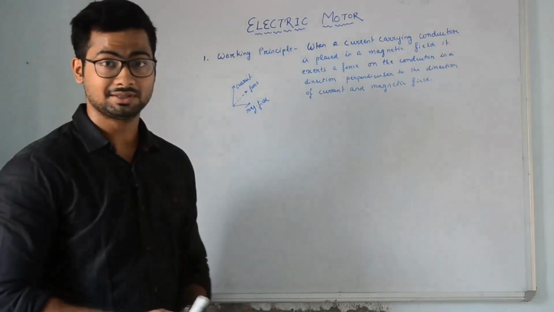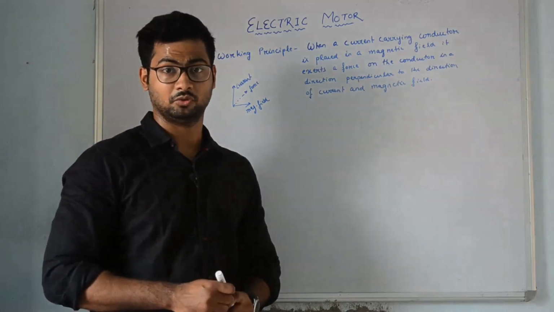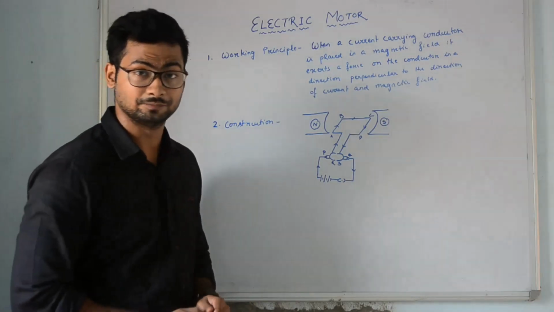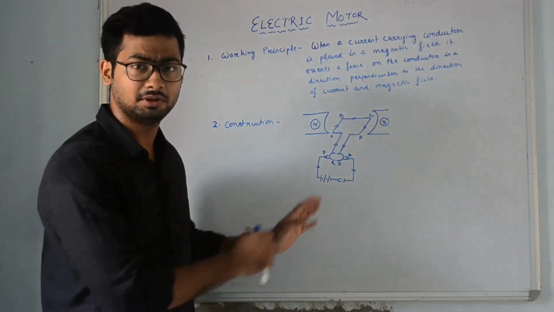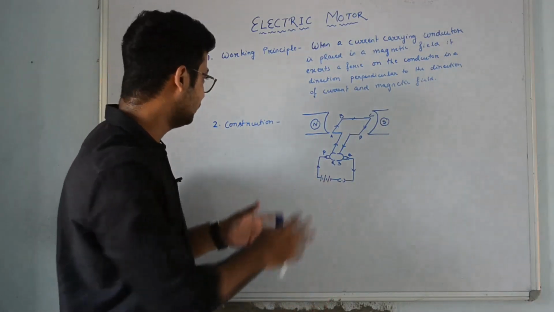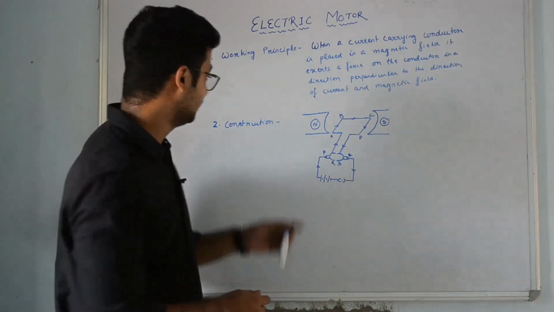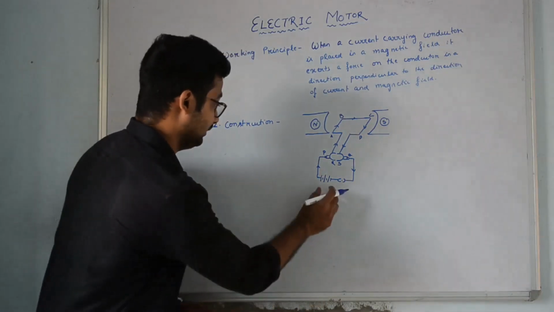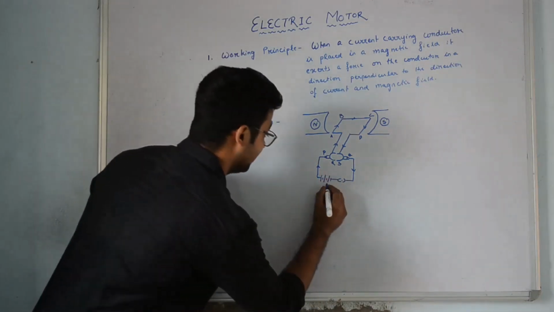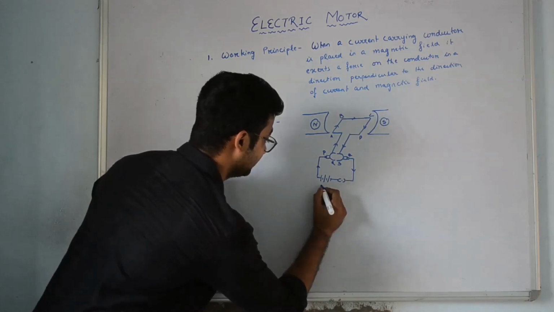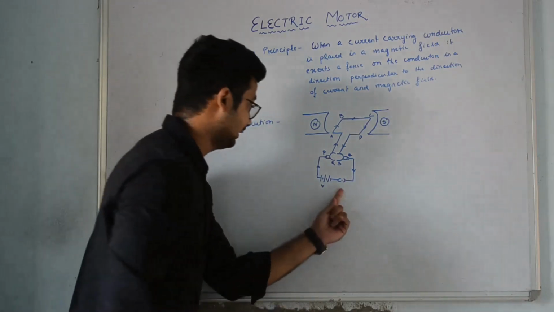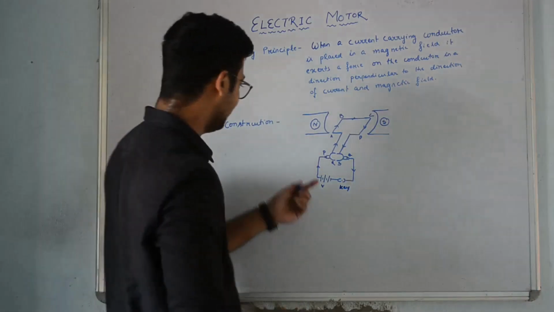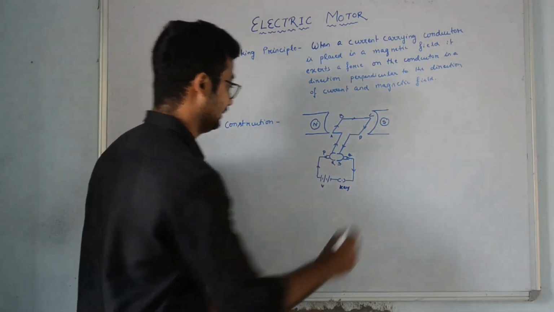The second step is the construction of an electric motor. So this is the construction of an electric motor. I have quite generalized it, but we can have a better look if we look into diagrams in the books, but I have generalized it so that it is easy to understand. Here we are seeing a current source, which we are naming V, and a key to switch on the circuit. Now what are R and S?